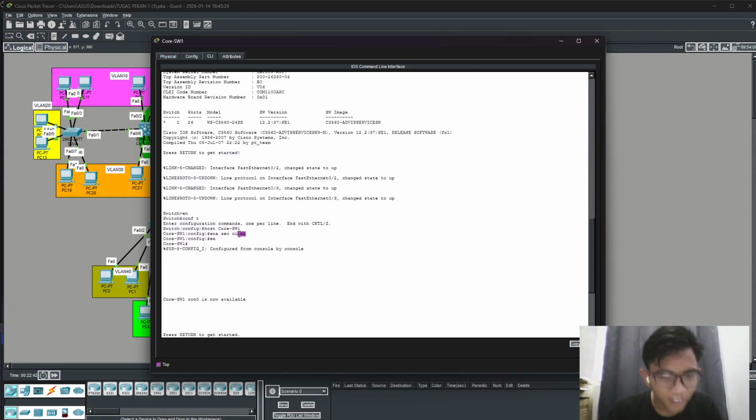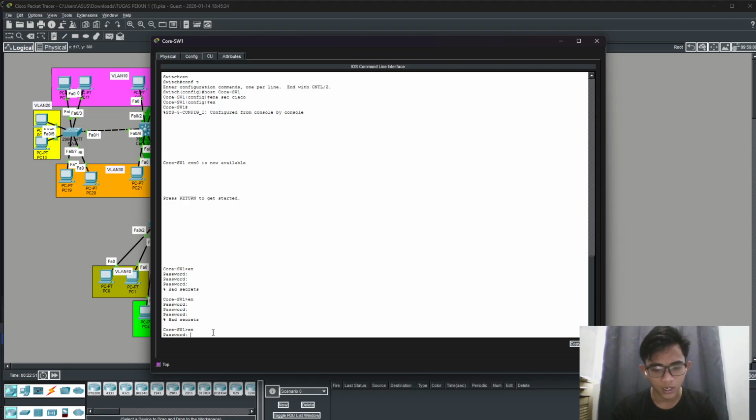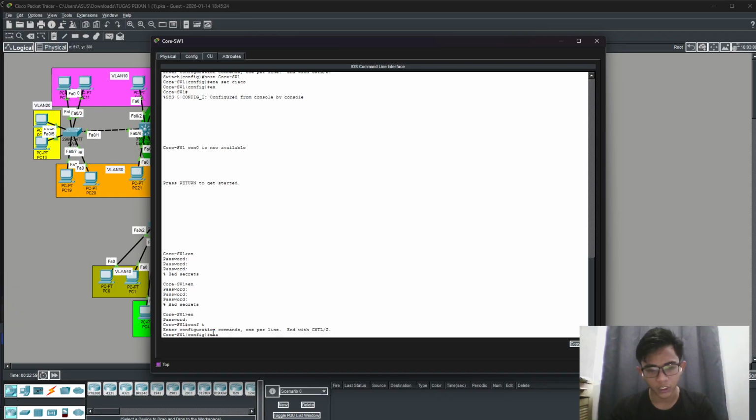Oh, typo, I guess. I'm sorry. Not that spelling, I guess. Okay, I will change it first. So configure terminal, enable secret is Cisco.